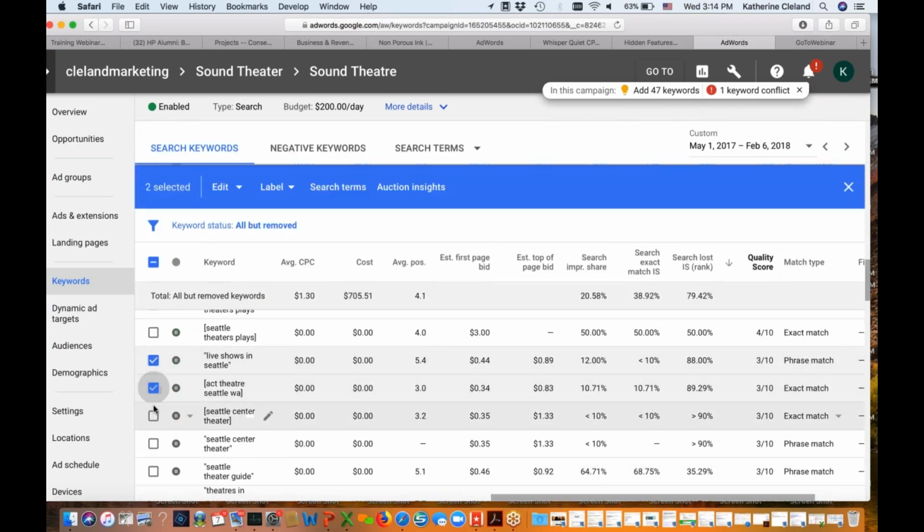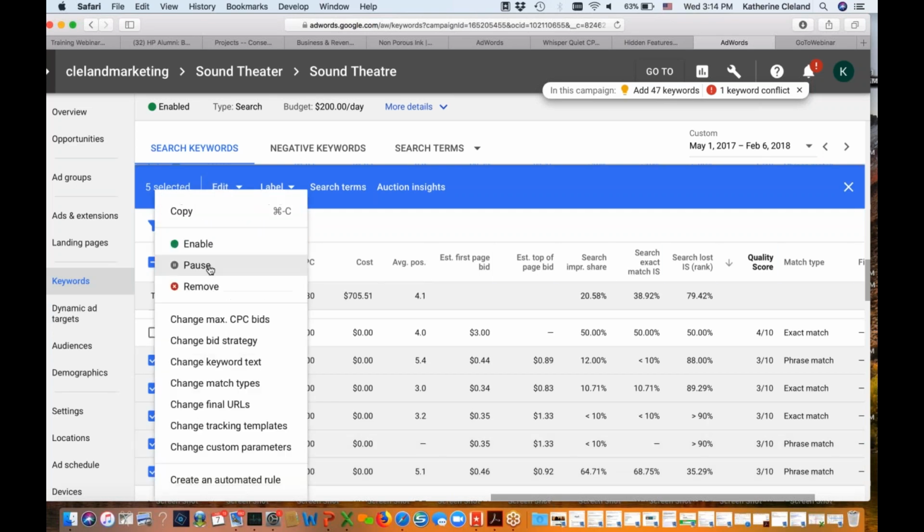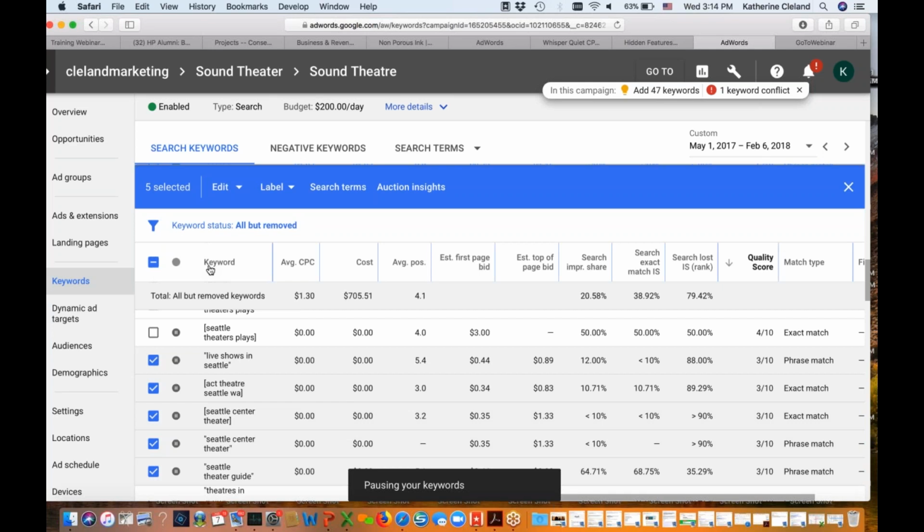And what I have to do is go into these and either improve the quality scores or pause them or remove them. What I'm going to do right now is go in and edit and I'm going to pause. And I'm not going to remove them because I believe on some of these I can improve the quality score